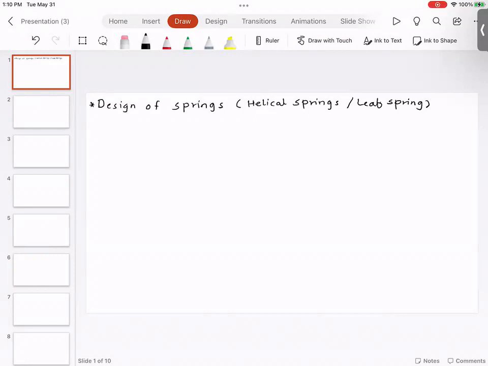So the bolt or the screw has external threads, nut has internal threads, and these two types of threads match one another. And what happens is, depending upon whether the threads are cut clockwise or counterclockwise, you can control the direction of motion. In the case of turnbuckle, we have clockwise threads on one side, counterclockwise threads on the other